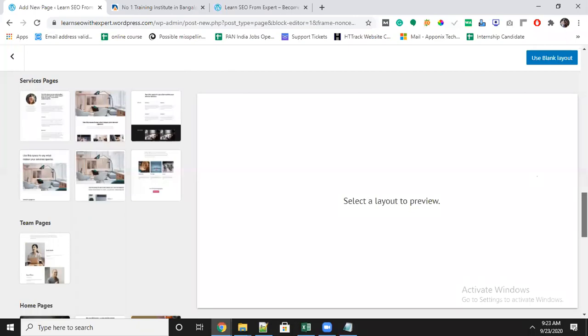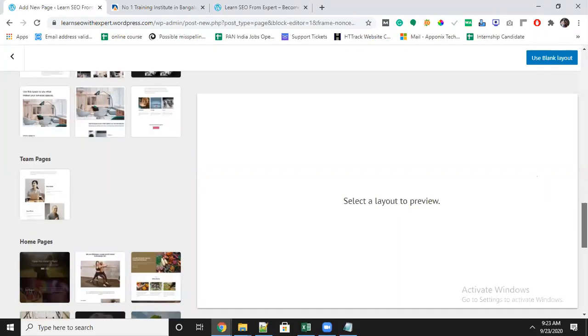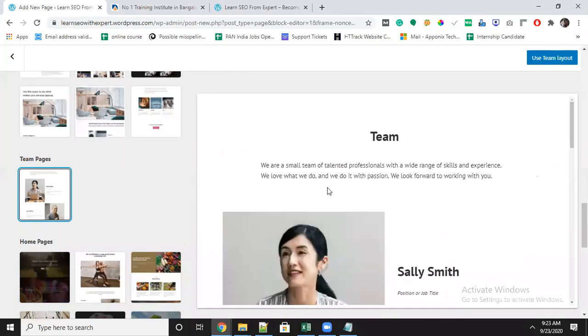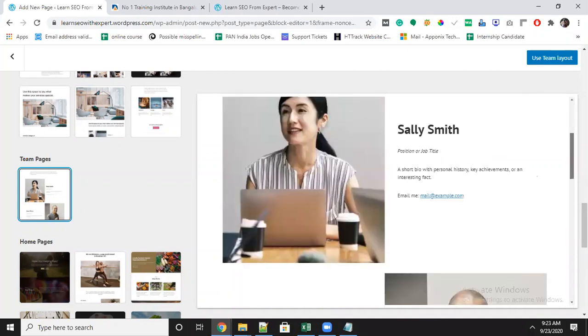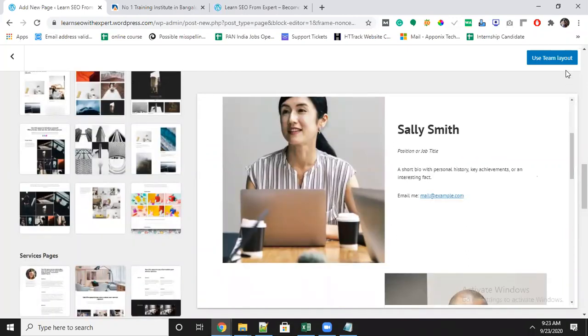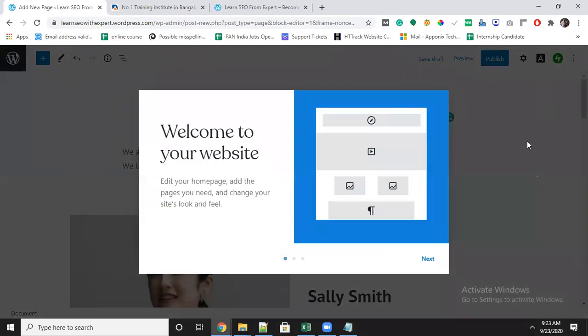If you want, you can use this template and add it. I will add it and customize it however I want. Now see, I will say use this team layout and I will say next.